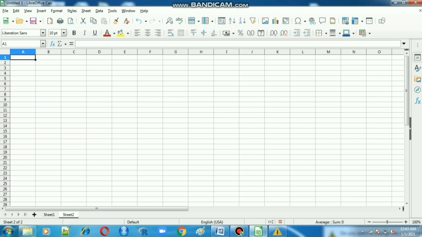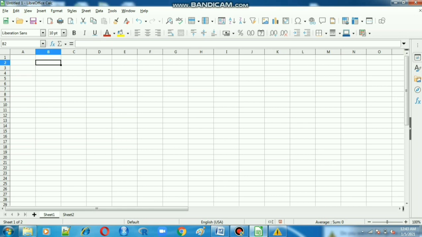This collection of sheets is called a workbook. This one sheet is called a worksheet.